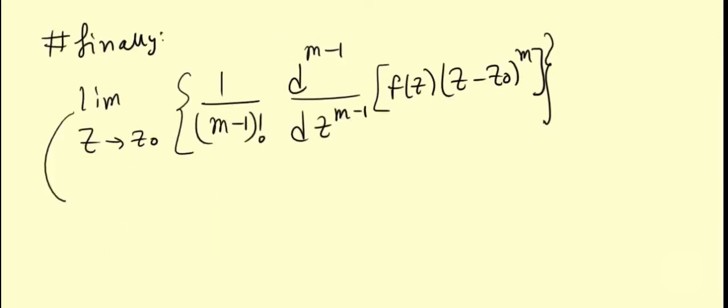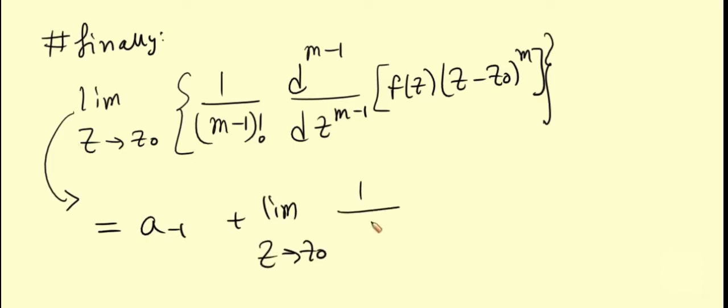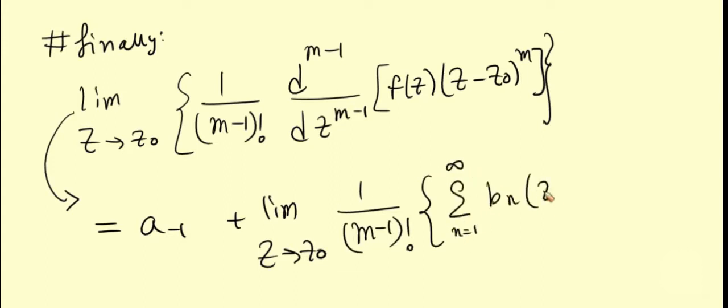So this will be equal to a minus 1 plus limit z goes to z naught, you have 1 divided by m minus 1 factorial over here, and you will have the sum over n equals 1 to infinity of bn z minus z naught to the power n. And because the limit is a linear operator, it will go inside the sum, and after you evaluate this limit, all these terms will cancel out and they will go to 0. So finally we will have